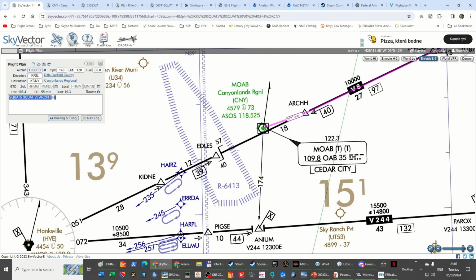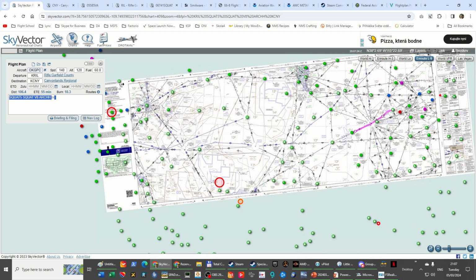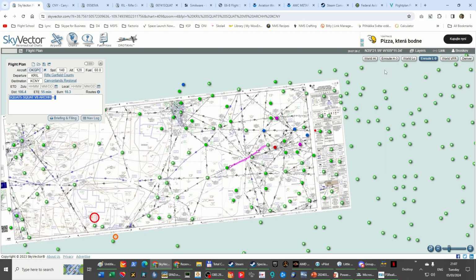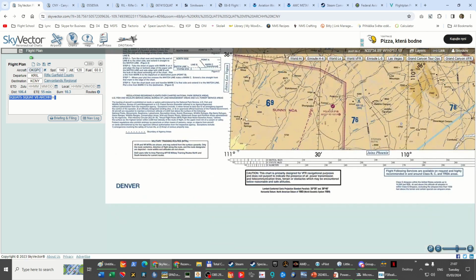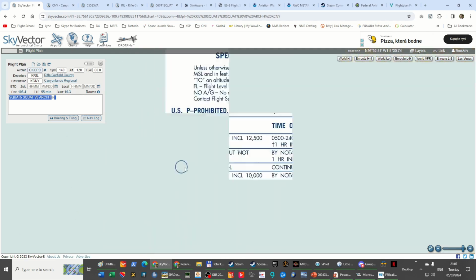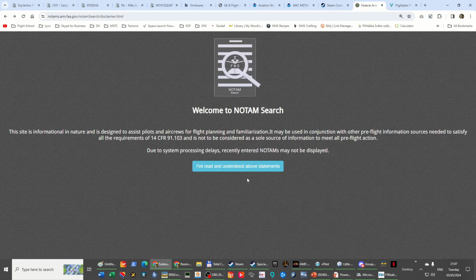Restricted 6413, do we have it on the IFR chart? Probably not. So I'll switch to Denver. And we have restricted 6413. Altitude is unlimited and time of use by NOTAM, 48 hours in advance. I checked here in the morning. We have a NOTAM search. And if that works,